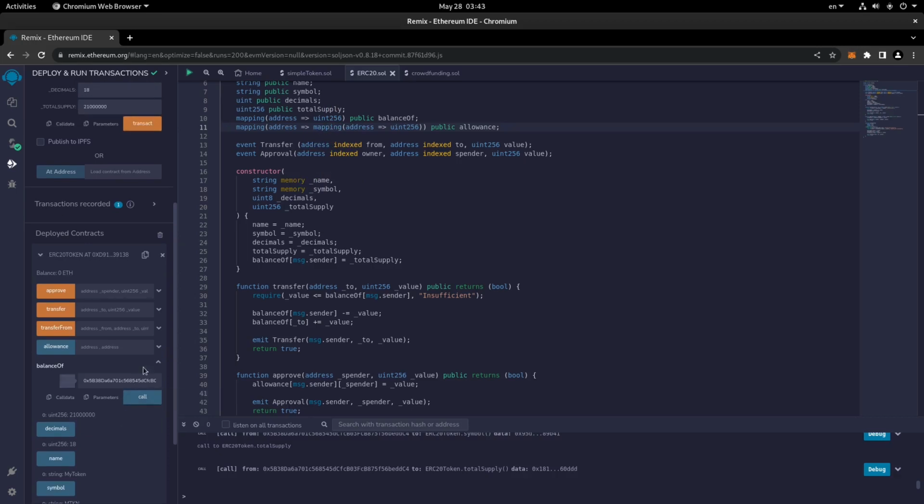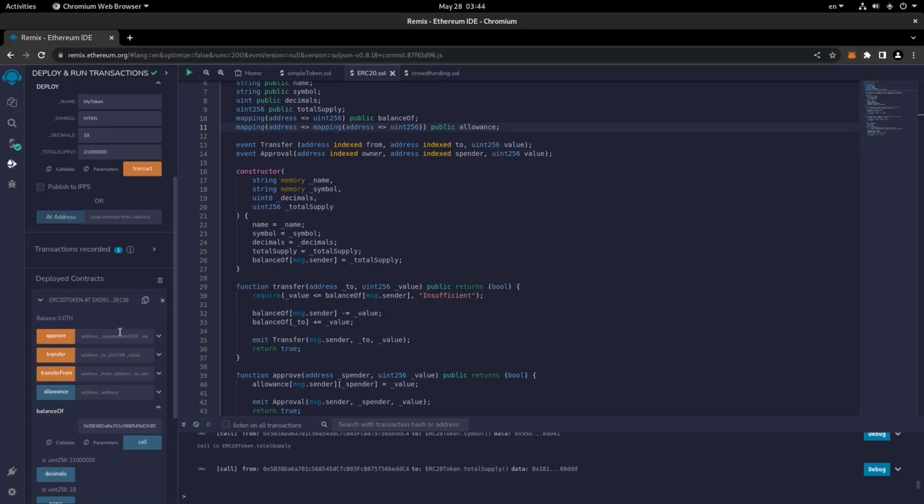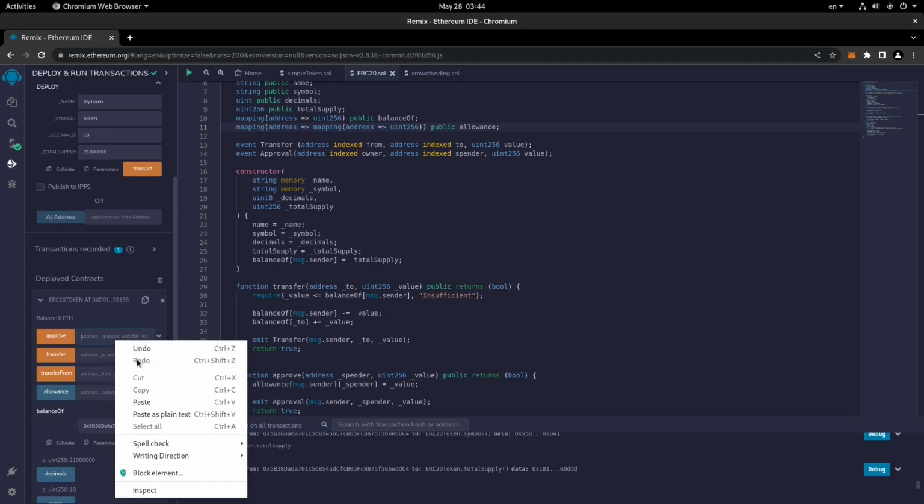Now it's time to check approve, transfer, transfer from, and allowance. Actually, we need two addresses for the allowance, so right now it makes no sense to do that. First of all, let me transfer money from one account to the other. So for example, here I can choose the second account, copy it, and paste it over here.